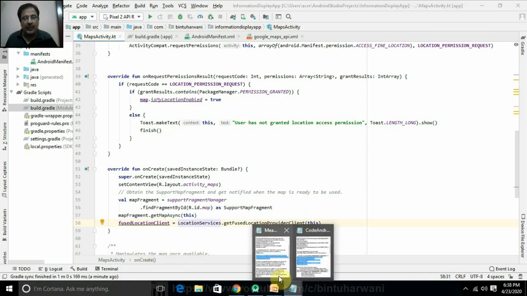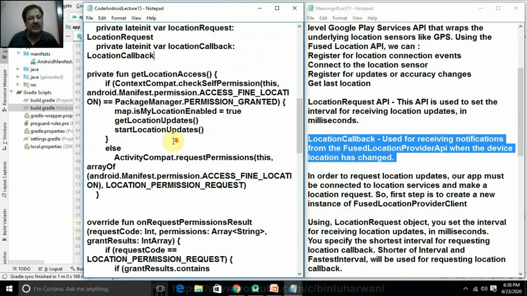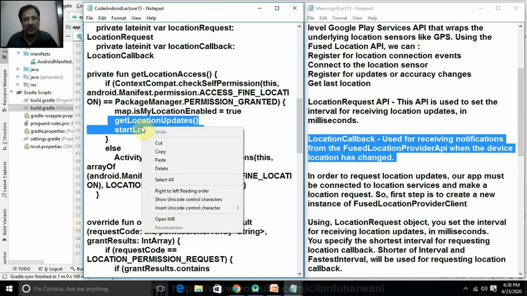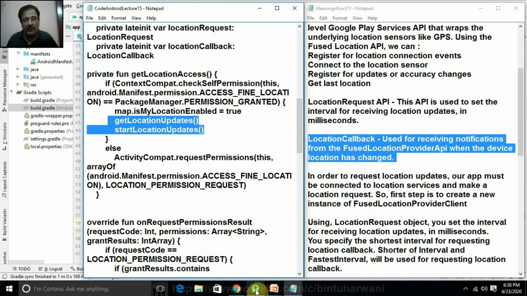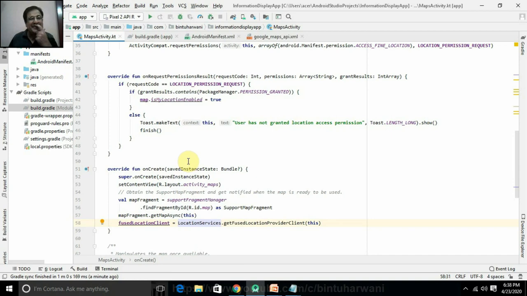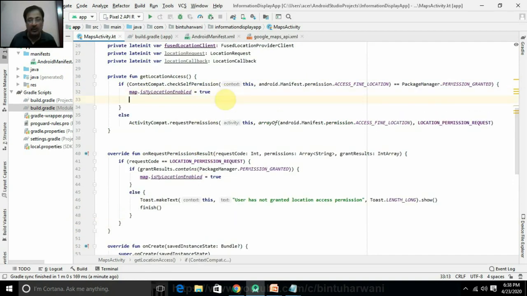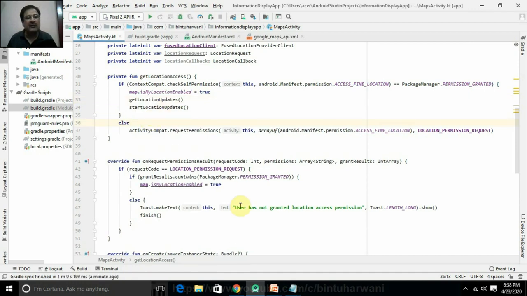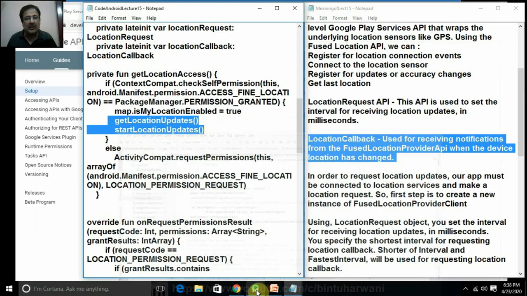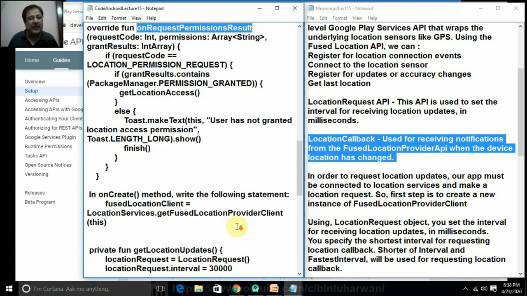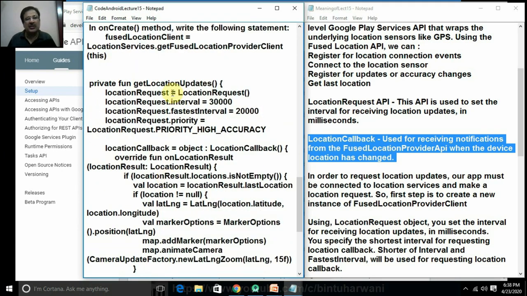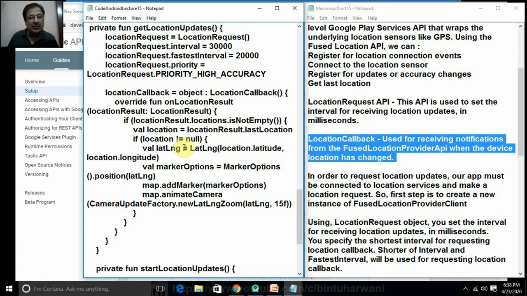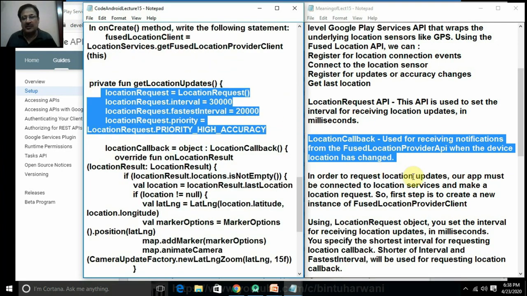So after including these variables, we have to invoke these two functions also. It will give you an error because these functions are not yet created. We have to copy this one also after this. When the permission is allowed in the get location access, we call them, but here it will give you an error right now because the two functions are not yet defined. This is created, now these are the two functions, right? What are these two functions doing? We start with this thing.